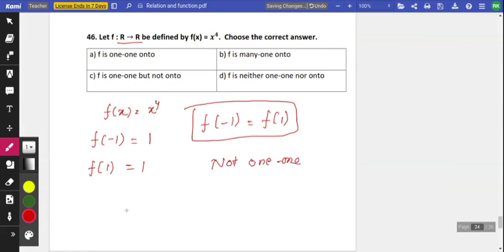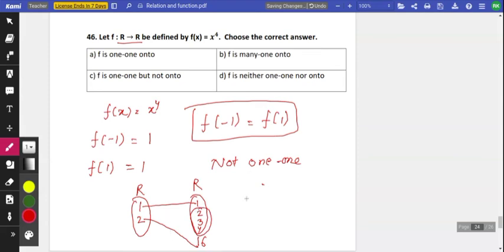For onto, now we check the onto. Now let us draw the mapping for onto, R to R. Here we get 1, 2, 3, 4. For 1 the image is 1. If we draw again, here is 16. For 2 the image is 16, but the images of the elements 2, 3, 4 are not defined.